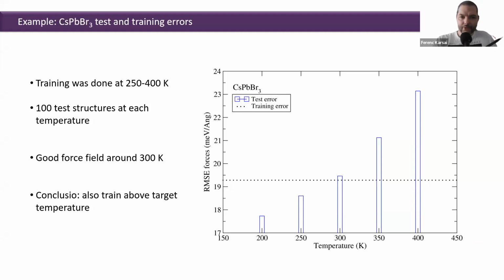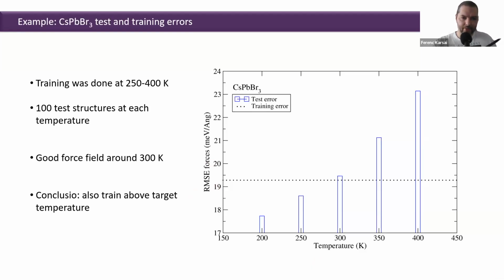For different temperatures, I then ran 50,000 time steps with the machine learning force field, so it's fast, and I selected 100 structures evenly. So I took every 500th structure. Then for those 100 test structures, I carried out an ab initio calculation to have the reference energies and forces. I already have the force field calculation, but it doesn't matter, it's so fast. And I calculated the root mean square error of the forces.